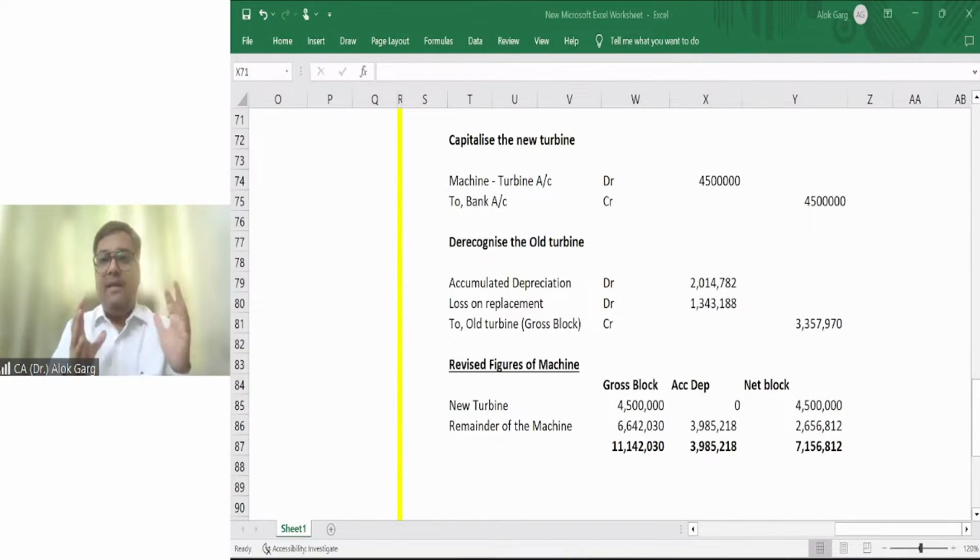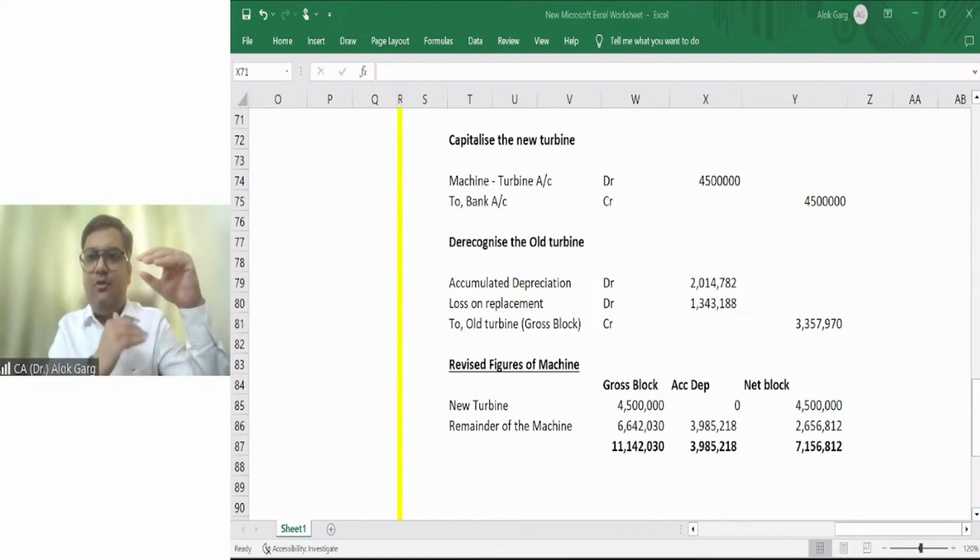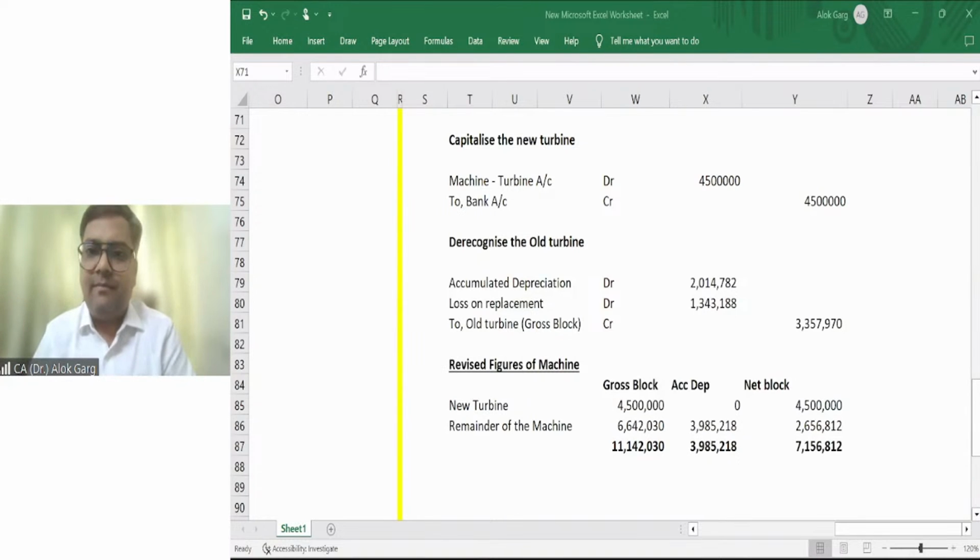या भाई अगर आपके पास 100 करोड़ का एक एसेट है, आपको पता है कि 8 करोड़ की जो वैल्यू है ये मेरे पास फिर से आएगी 4 साल के बाद. सो इस 8 करोड़ की लाइफ तो सिर्फ 4 साल है, बाकी 92 करोड़ की लाइफ 20 ईयर्स है, राइट? सो फ्रेंड, स्टैंडर्ड सेज दैट if a regular major inspection for faults may be a condition of continuing to operate